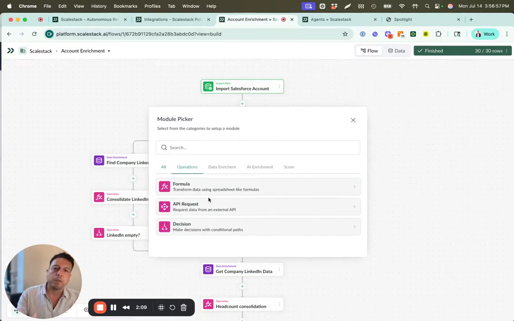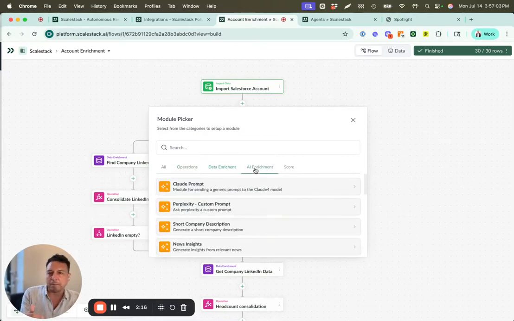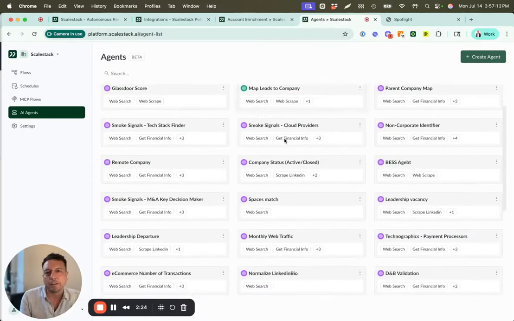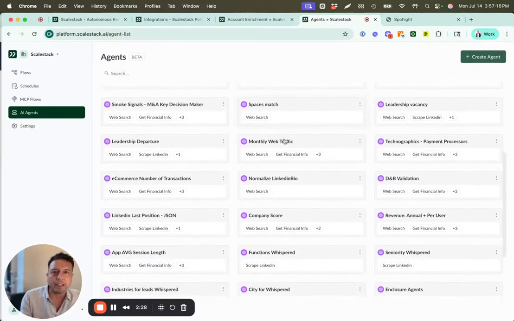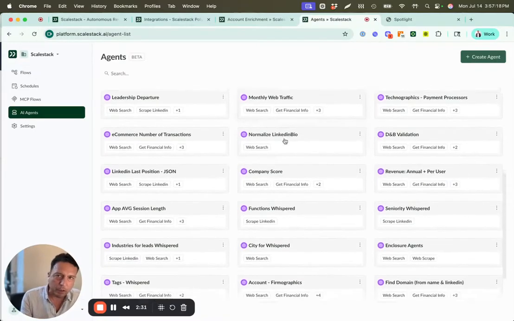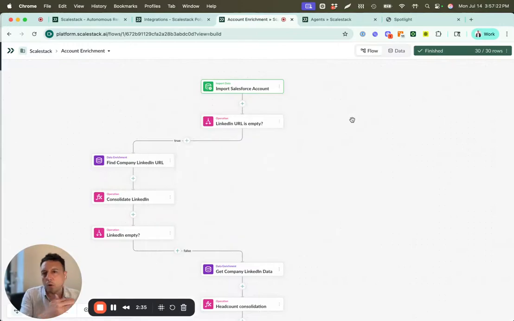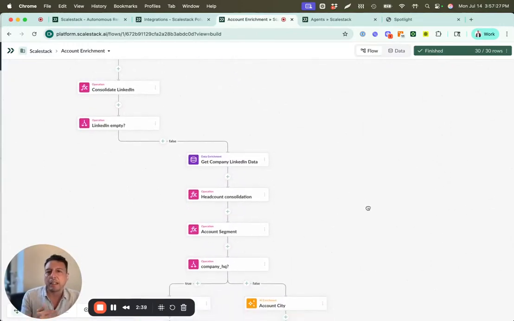And these modules perform operations on top of the data. We have formulas, API requests, decision steps, data enrichment steps, and then AI capabilities to synthesize, normalize, and generate new data. And this is the third pillar. We have a library of agents that can work for you to research, validate, decide which data points to use in which situations. And so with a combination of several of these modules, we'll progressively clean,